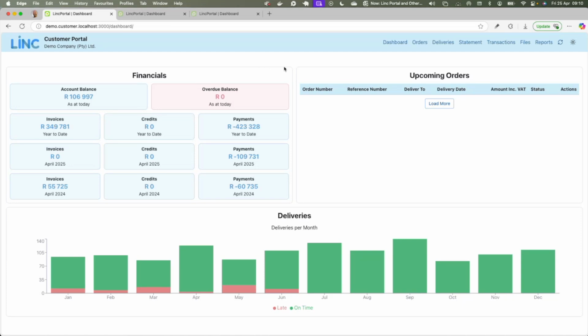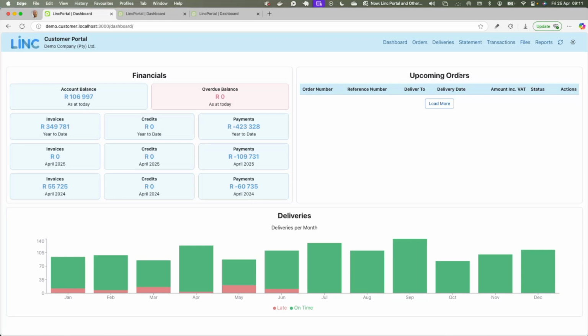The dashboard currently displays your customer's current account balance and any overdue balance they have with you as of today. Then it has invoice, credit and payment summaries for the current year to date, for this current month, and for the same month last year.